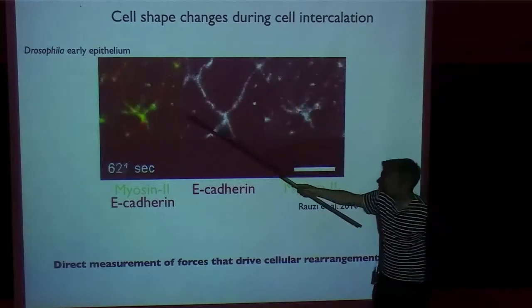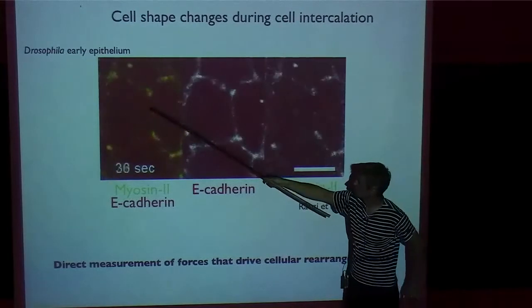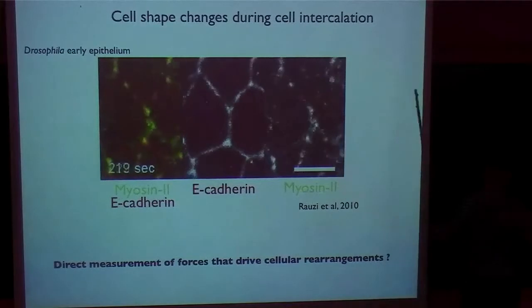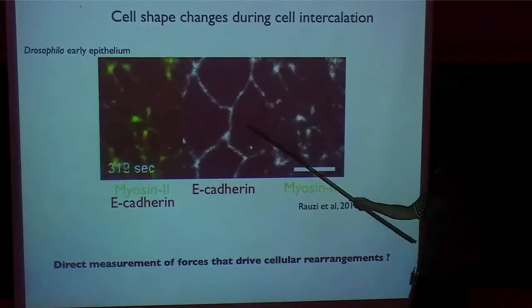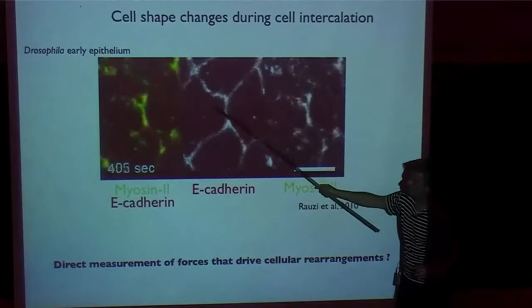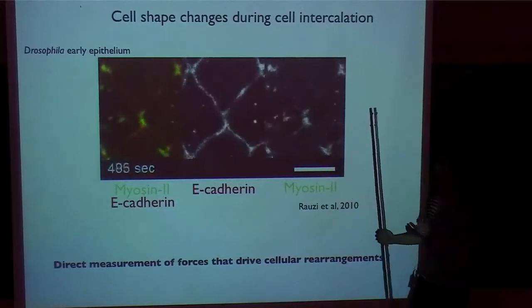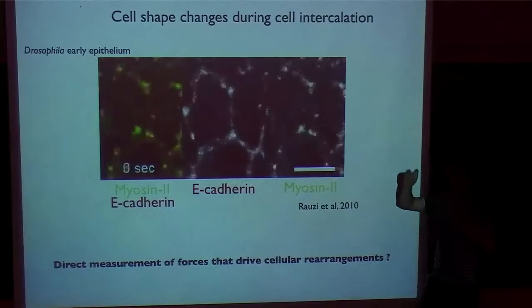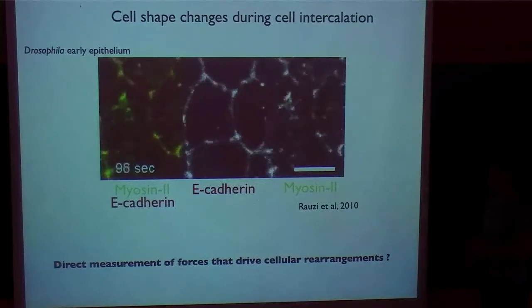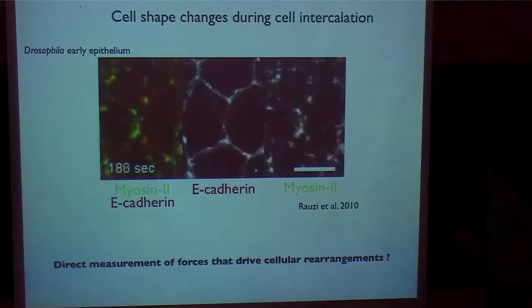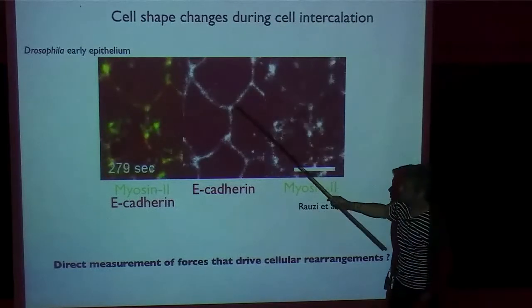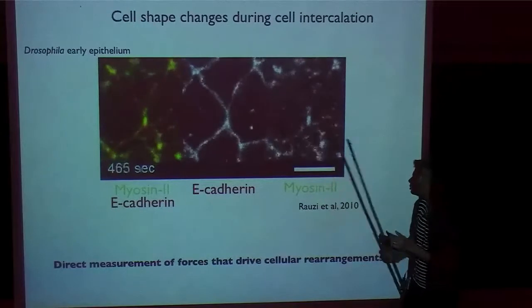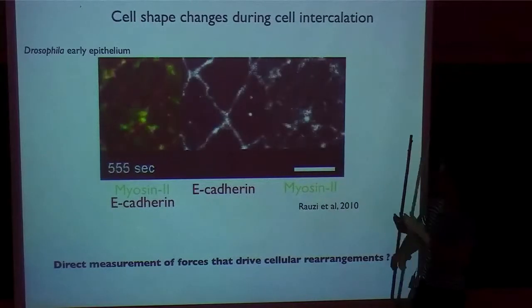Here you see myosin 2 in green, E-cadherin in red. There are fluctuations both in the myosin 2 channel and in cadherin. And so the process is much more dynamic than the constant shrinkage of the junction I showed you. And if you see how a junction changes in length, how the deformation is produced, you see very diverse modes